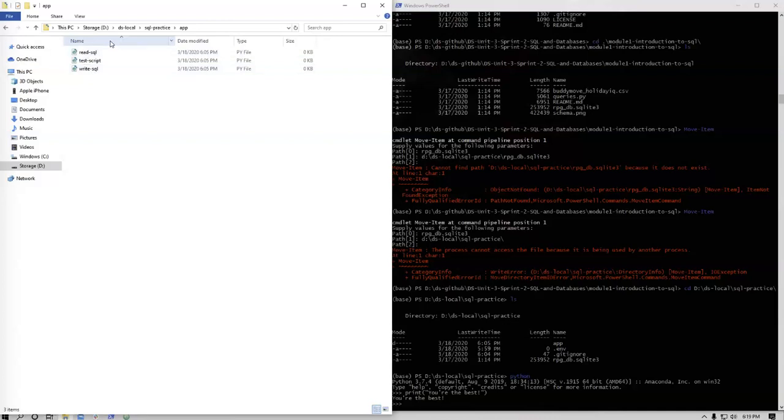You can have this the other way around, where the Python files were in SQL practice and all the environment files were in their child folder. It's not something you'll typically see, but it's totally possible to do it that way. Okay. This is just the way that I like doing it. It's what I learned, and it's how I work best, keeping things organized.